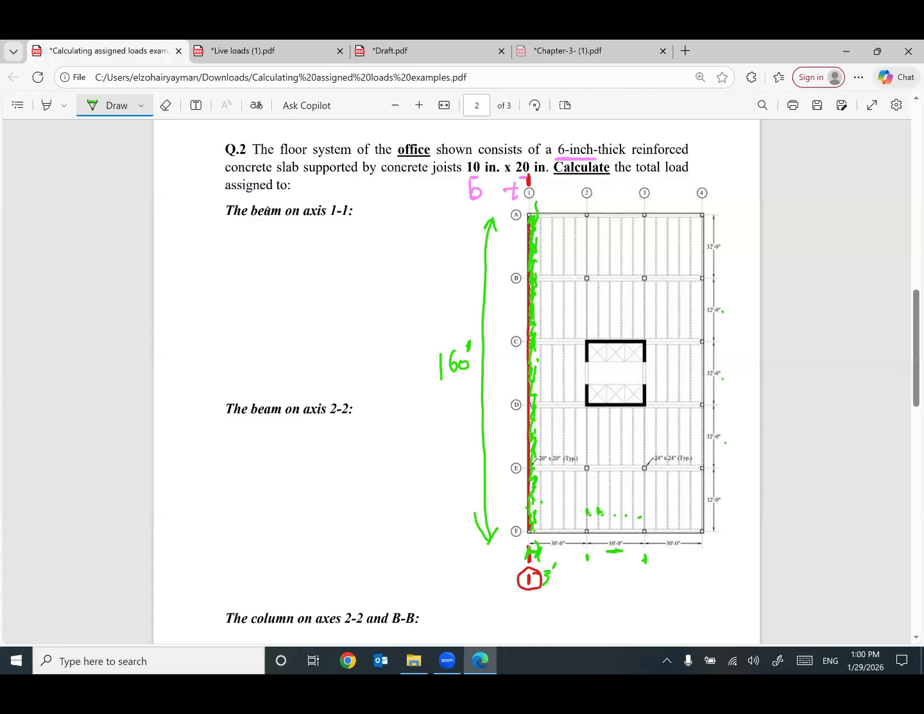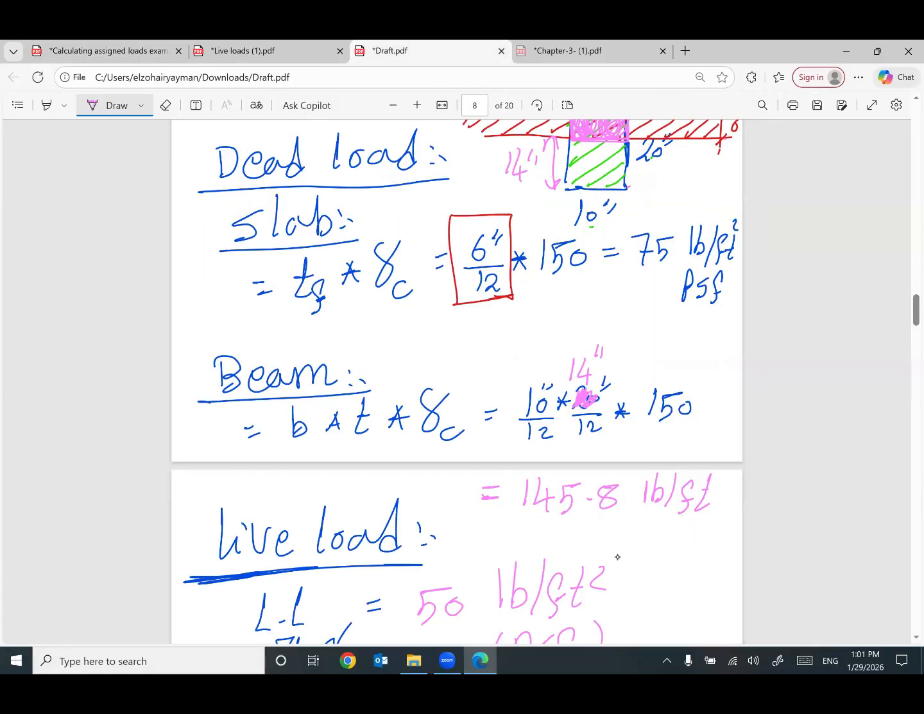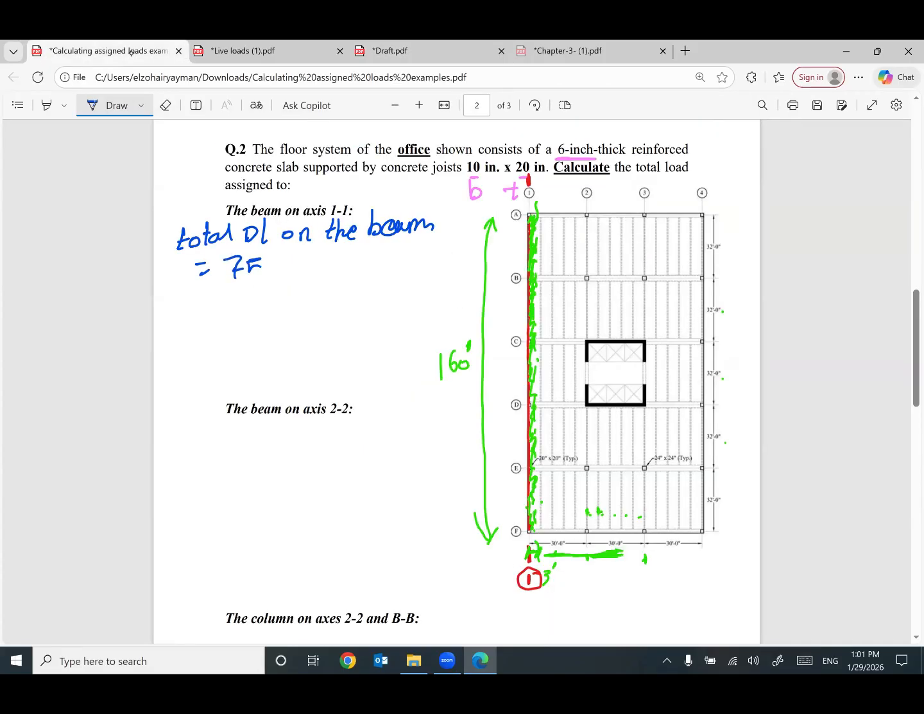That makes sense? This is the key. You have to pay attention to how the dimensions are given. You need to figure out the dimensions of the area assigned to your beam. Then you can start. So the total dead load on the beam equals the dead load coming from the slab, which is 75, times the area assigned to this beam, which is 160 times 3,